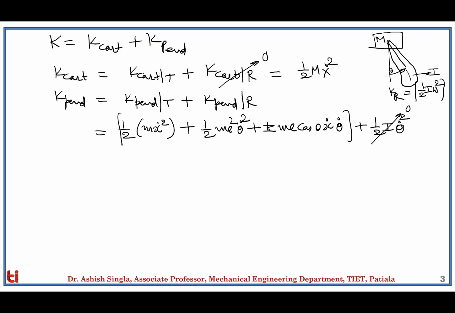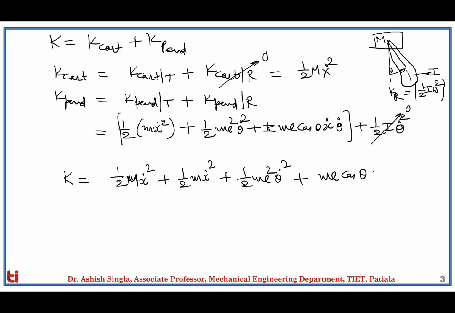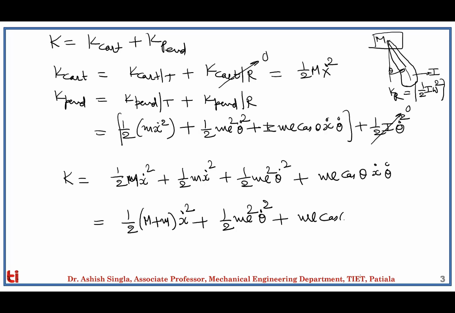So now we can calculate the total kinetic energy of the system. We'll add up both the terms. So we have half m x dot square plus half m x dot square plus half ml square theta dot square plus ml cos theta x dot theta dot, and we can combine the terms. So half (capital M plus m) x dot square plus half ml square theta dot square plus ml cos theta